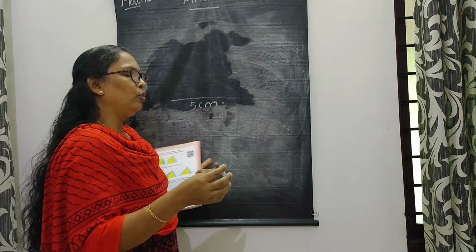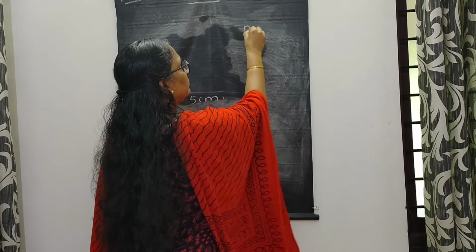Then we need angle, but we don't know. They are not given the measure of the angle. But we have already learned what is the measure of each angle in a regular pentagon. Anybody remember that? We have studied. What is it? Yes, it is the sum of the inner angles. How do you find the sum of inner angles of a regular polygon or any polygon? N minus 2 into 180. That you have already learned in the 8th standard.